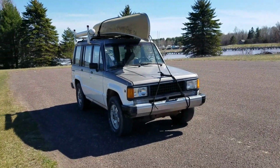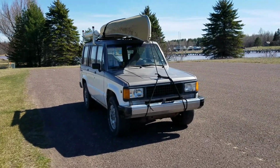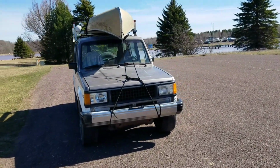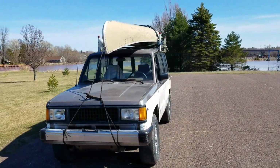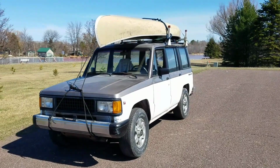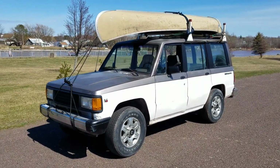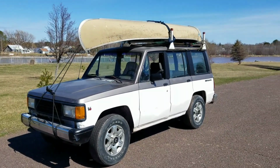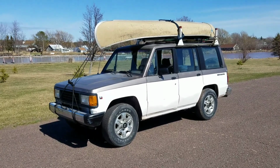But for $500, I just figured I'd take a chance, and I started looking online for other people who are fans of them, and I discovered that there's quite a few people that actually like these. And my initial thoughts are they're not Toyotas, but what is? But they are pretty cool, and they've got a lot going for them. So I'm going to just give this one a try this summer, see if I can keep it alive. I changed the oil, gave it a little tune-up,